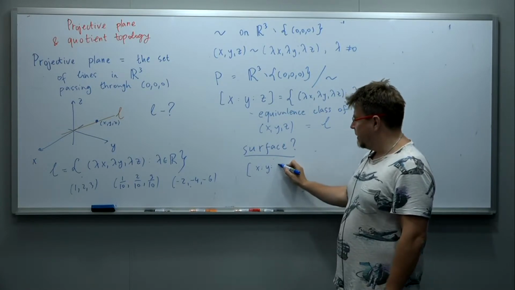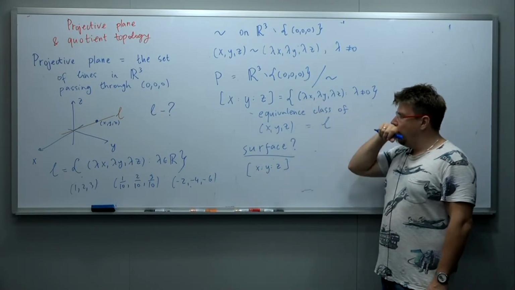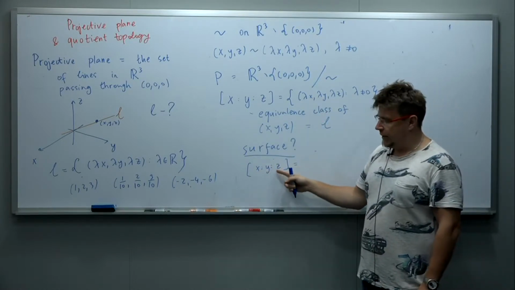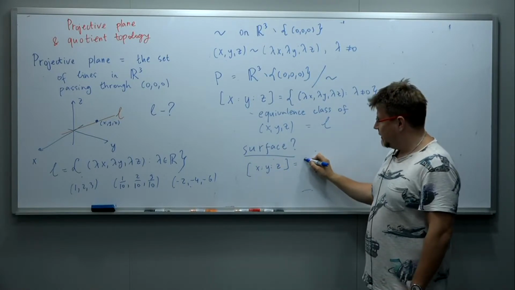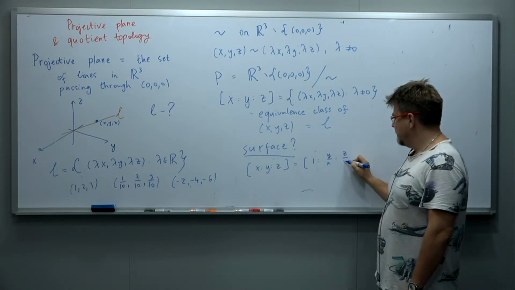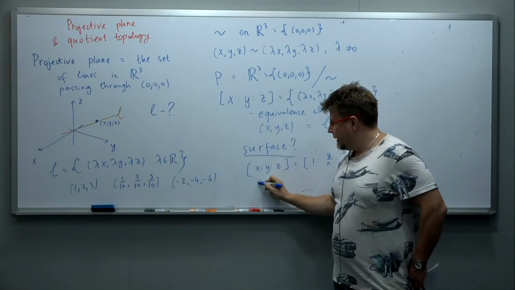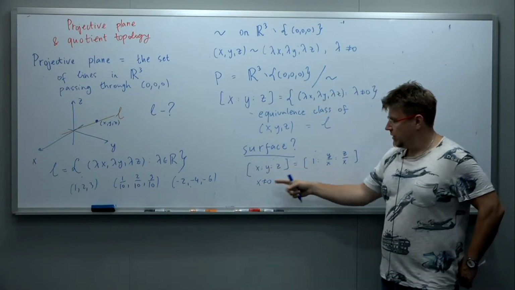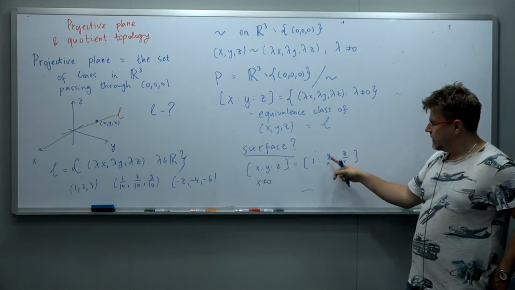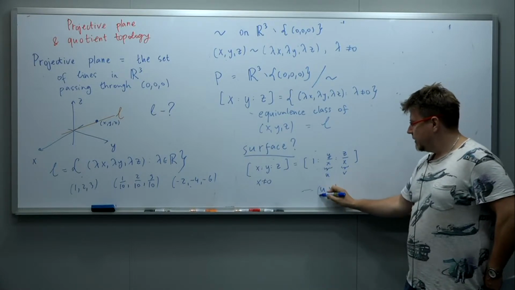If we have a point of the projective plane given by homogeneous coordinates x, y, z, then remember that x, y, z are defined up to multiplication with any constant. So it means that I can multiply all x, y, and z by, say, 1 over x. And this is going to be 1, y over x, z over x. Of course, it's only going to work if x is not 0. Okay? So if x is not 0, then we can see that our point is equivalent to the point with coordinates 1, y over x, z over x, and then we can call this u, call this v, and then the point (u, v) is a point